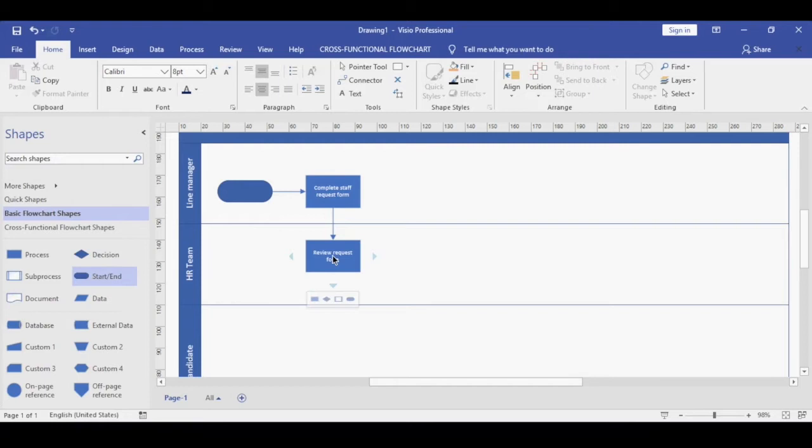Then I will ask, what happens after the HR reviews the request form? They will be telling you all those things. But definitely, you will not be mapping this when they are telling you. You just be writing it down. But based on that information, that's what you are going to use to populate your swim lane. So now probably the person has told me that